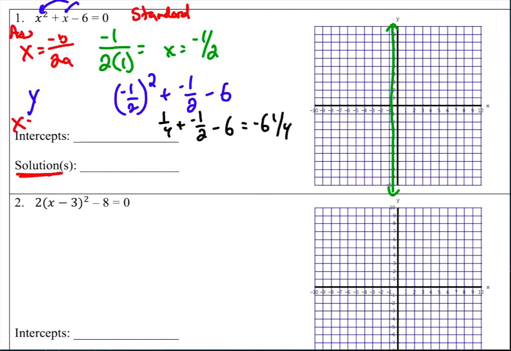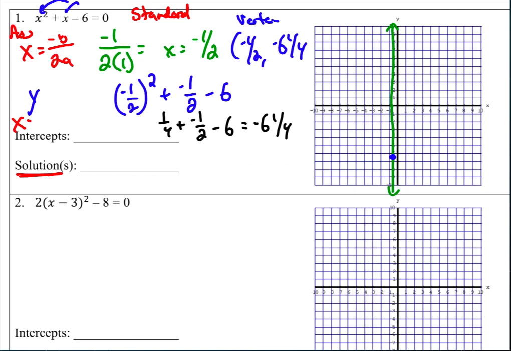Or you could say -6.25 if you want to write it that way. So my vertex is at -1/2 and -6 and 1/4. So I can plug that in here. So I get -1/2 and -6, 1, 2, 3, 4, 5, 6, and 1/4. That's going to be my